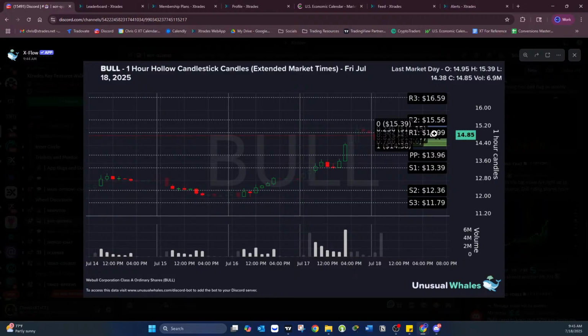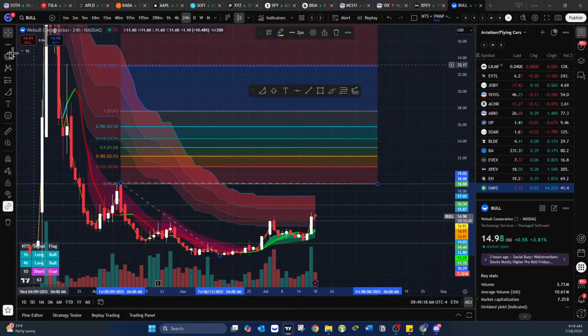Yeah, so these are some price targets up there just in case. We'll see, but 15 is a strong resistance. This is probably a place where you want to take profits. You never know. I would say this is probably a point where it should chop around here for a bit, and that would be good price action. You want this to stick around here for a while. You don't want it to keep going crazy. You want it to chill around here for a bit and then get ready for the next leg up. Hopefully.